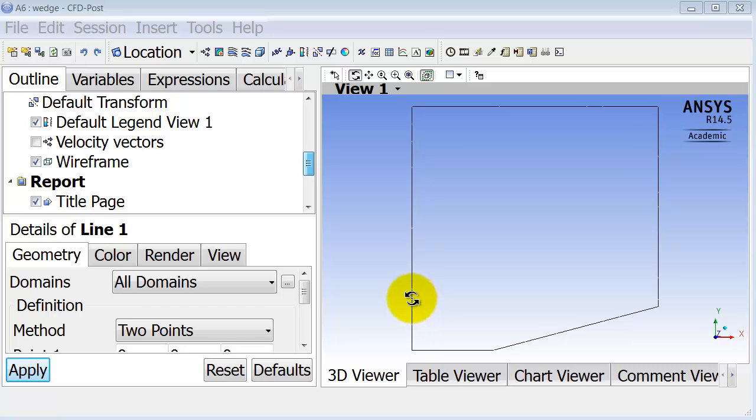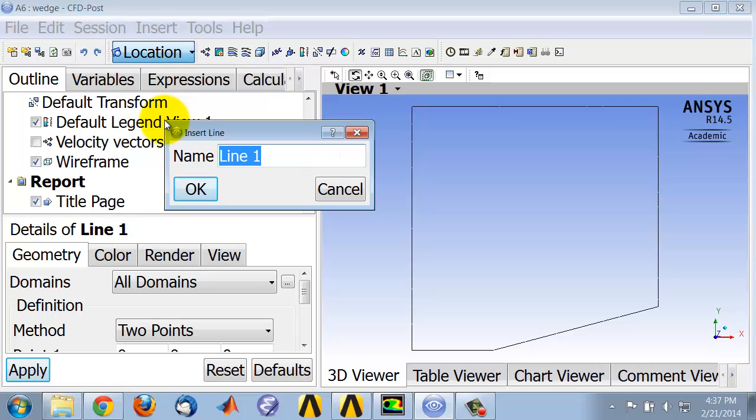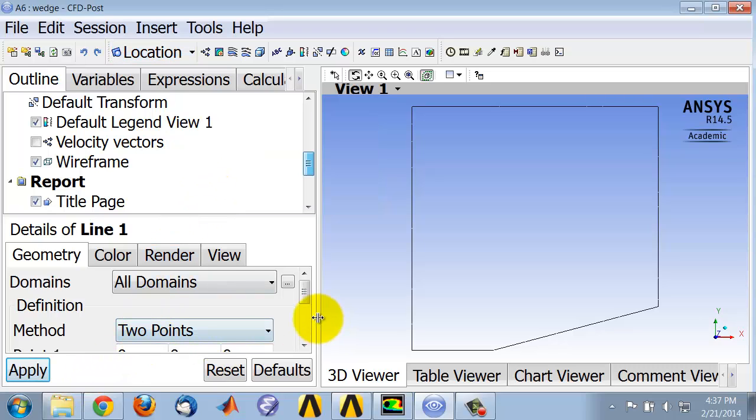Let's extract the Mach number along a horizontal line at y equal to 0.4. So first I need to create the line at y equal to 0.4, and then I can extract Mach number along that line. So I go to location, line, I'll go with the default name for the line,